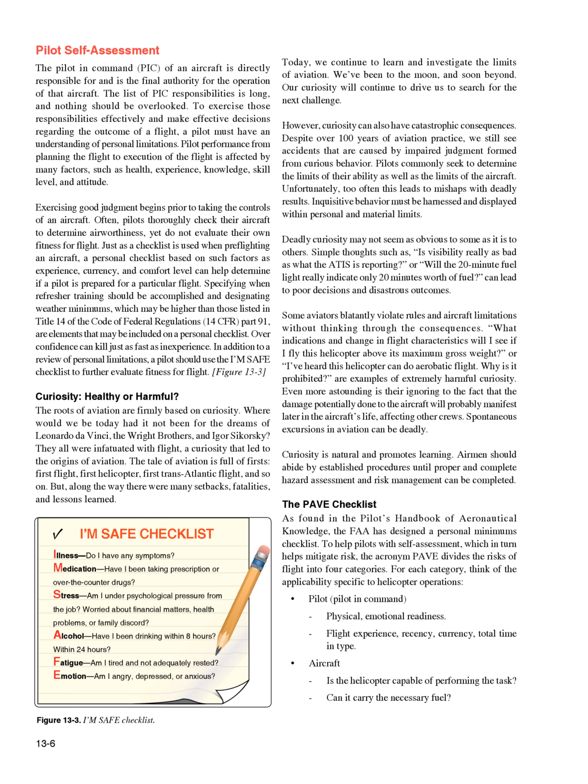We've been to the moon, and soon beyond. Our curiosity will continue to drive us to search for the next challenge. However, curiosity can also have catastrophic consequences. Despite over 100 years of aviation practice, we still see accidents that are caused by impaired judgment formed from curious